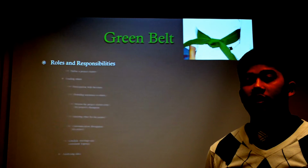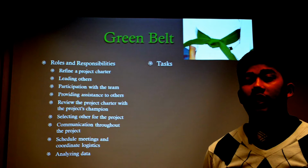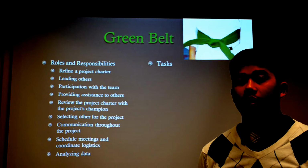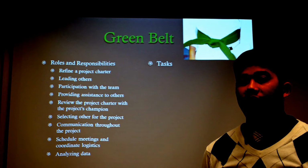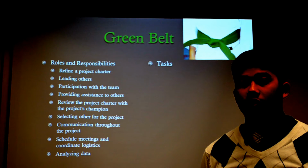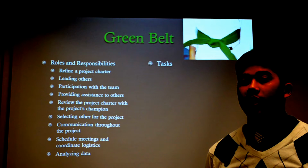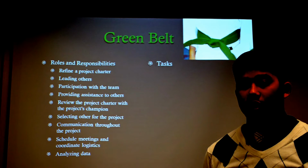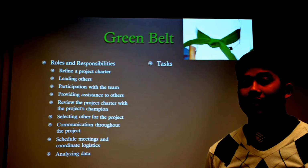The roles and responsibilities of the green belt are to refine a project charter, lead others through projects, participate in team building exercises, provide as much assistance as they can with collecting data for the projects of black belt team leaders, review the project charter with the project's champion, select the team members for the project, communicate with the champion, master black belt, and process owner throughout all stages of the project, schedule meetings and coordinate logistics, and analyze data through all phases